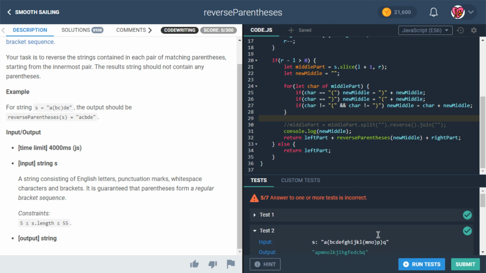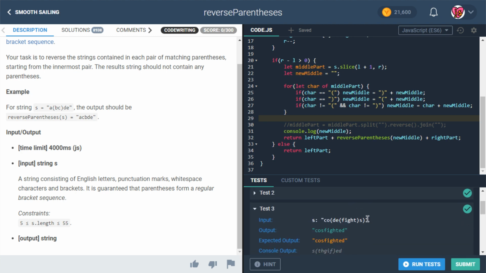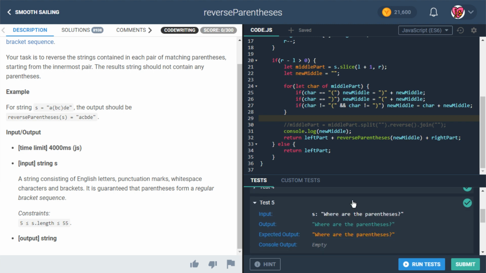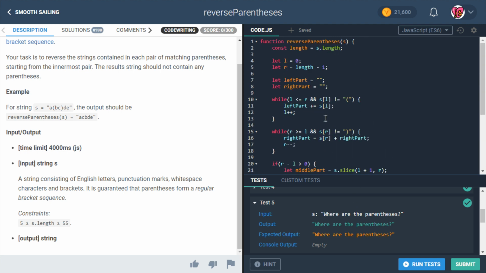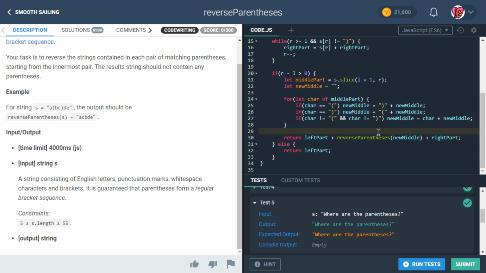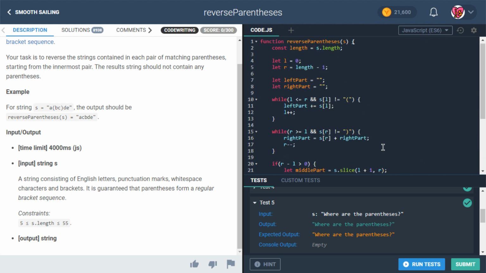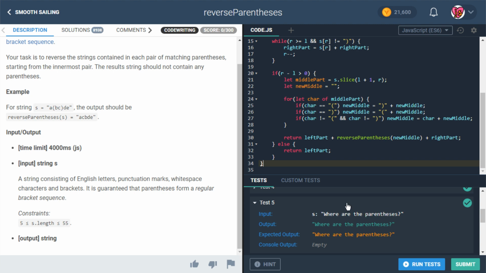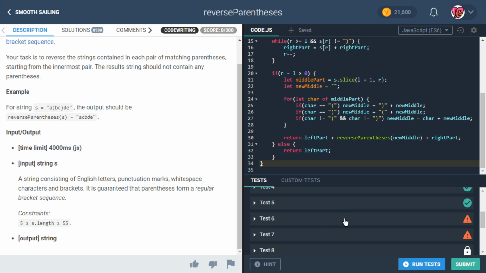So the recursion is working. It works for something that doesn't require the recursion. It works for something that does and has these nested parentheses. This one also has nested parentheses. It didn't have any difficulties with that one. What about this? Still nested parentheses. This one didn't have parentheses. It still worked. So ultimately, this algorithm is working pretty good. I think I can delete these parts over here. This looks like it's doing what we want it to do, except until we get to something like